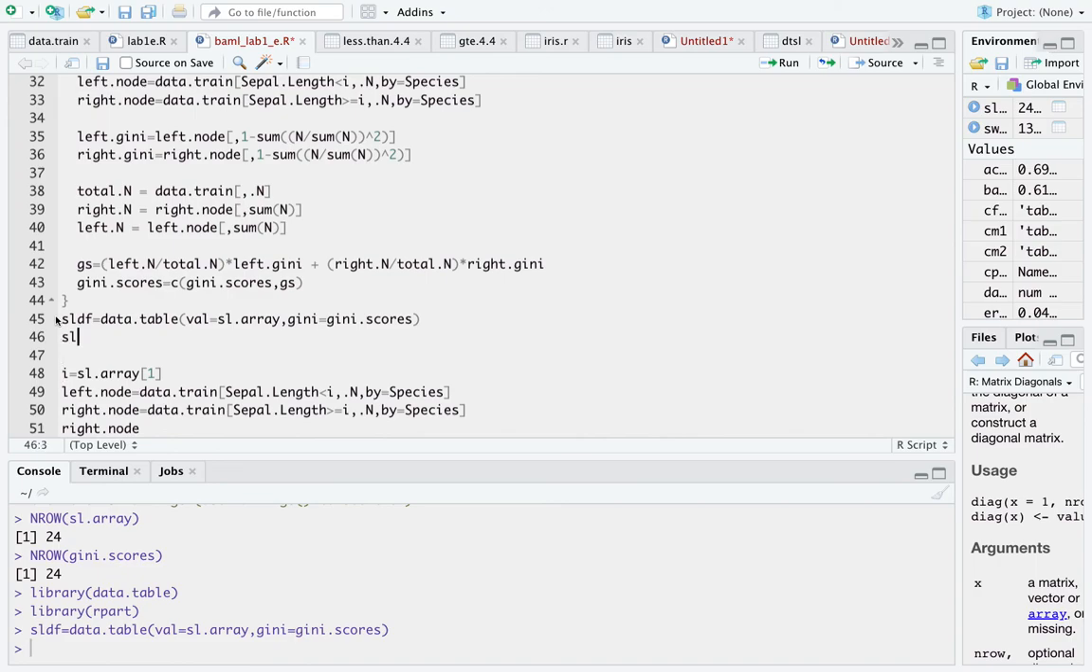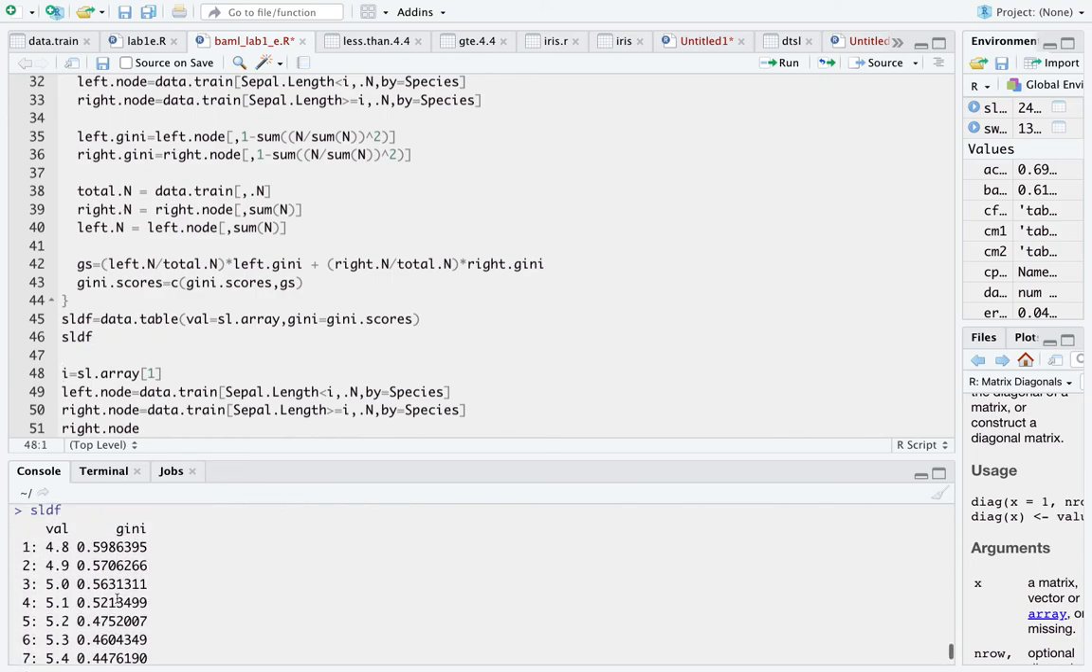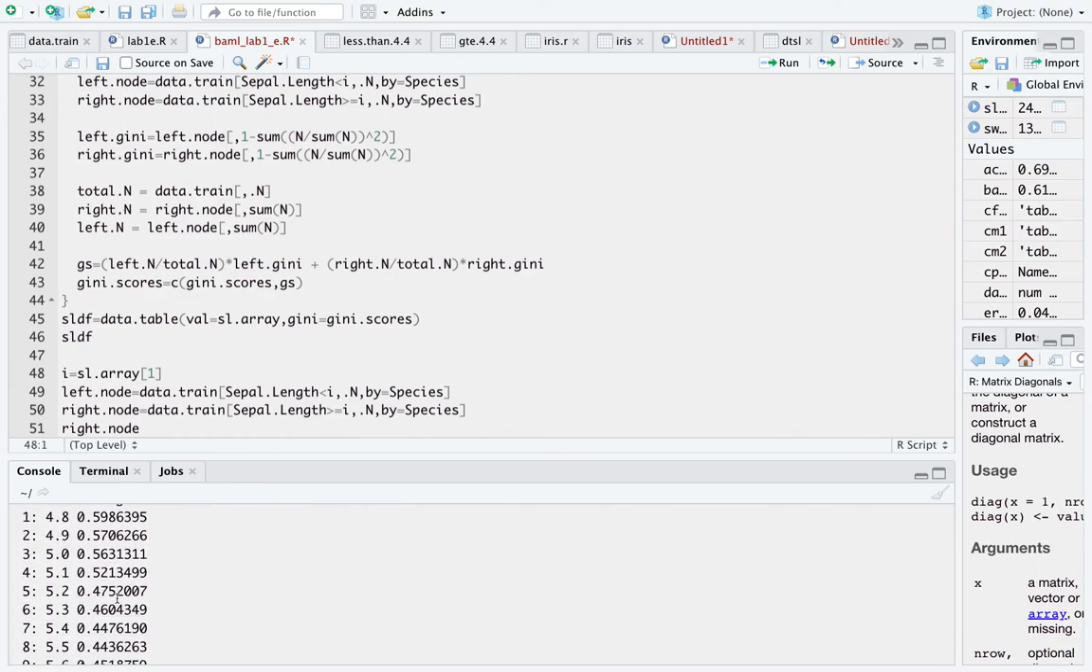If I were to run this, I have the values and Ginis. I need the smallest Gini. I need the row that gives me the smallest Gini. How do I do that? I showed you guys that before. We're just going to filter for it. How do we filter for it? We use the function